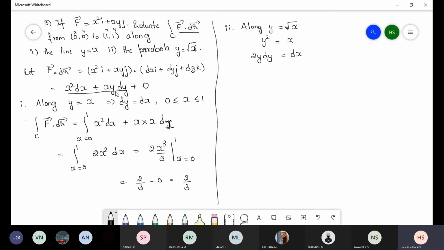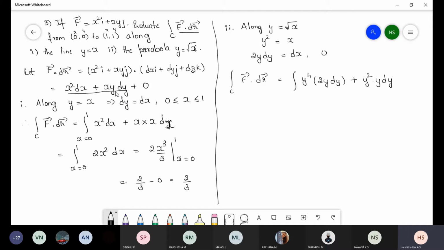Now, we are substituting the whole equation in terms of y. How will we do that? You write integral vector f dot vector dr as it is. Here you don't mention the integral limit. Let us substitute first. Wherever x is there, we have to substitute y square. In the first term we have x square, so x square means y square whole square, that is y power 4. In the place of dx, we have to substitute 2y into dy, plus, again, in the place of x, we substitute y square into y into dy. So, every term is in the form of y.